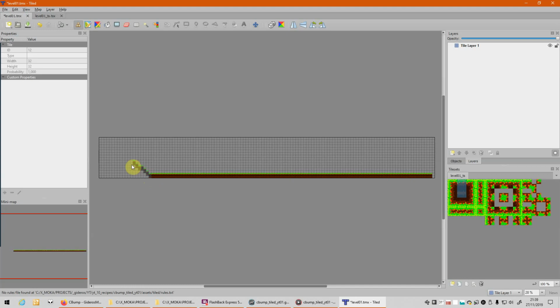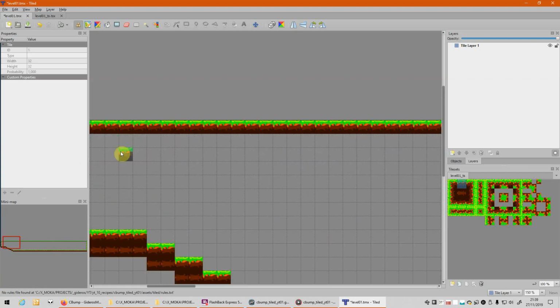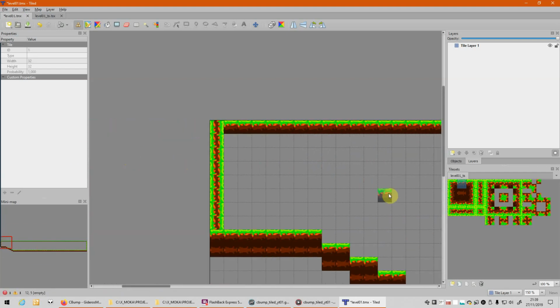Up, up, up. Maybe one here. Okay, that's for the ceiling. Let's go and have a look.